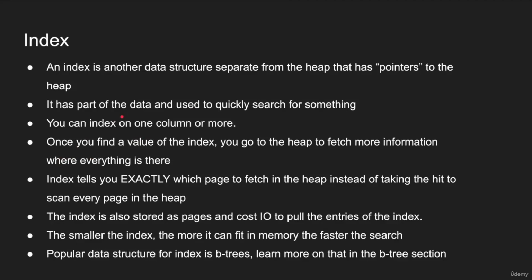So yeah, because you cannot index everything, right? You index exactly the things you need to search for. Once you find a value in the index, you go to the heap to fetch more information, where everything is. That's the point of the heap. The index tells you exactly which page to fetch in the heap instead of taking the hit to scan every page in the heap. The index is also stored as pages and costs IO to pull the entries of the index,